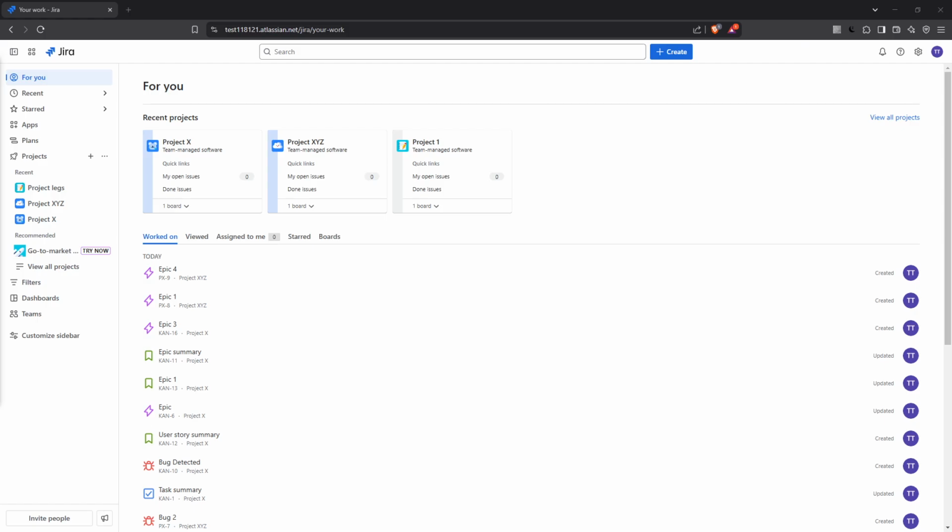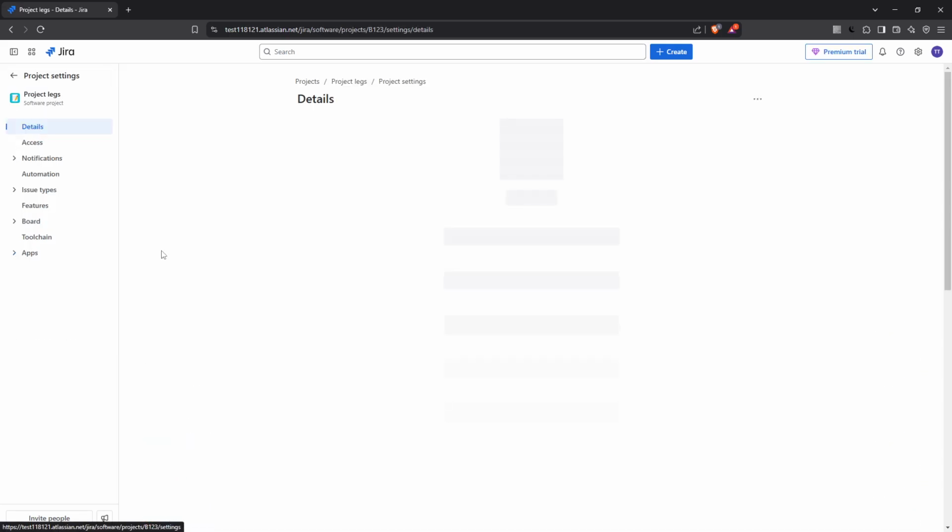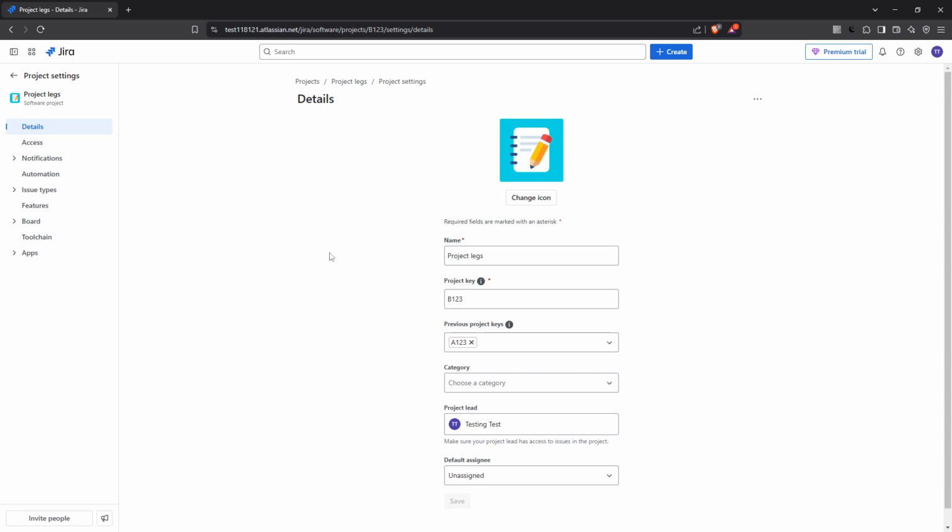First, let's navigate over to the specific project you want to modify. Once you are on the main page of the project, turn your attention to the left-hand menu. Here you'll find an option labeled Project Settings. Go ahead and click on it. This will take you to a new page where you can manage various aspects of your project, from roles to